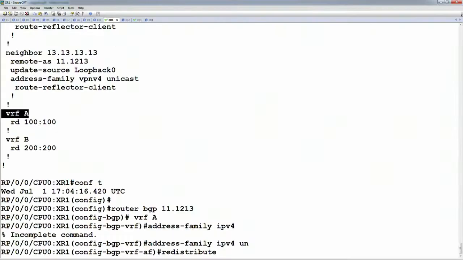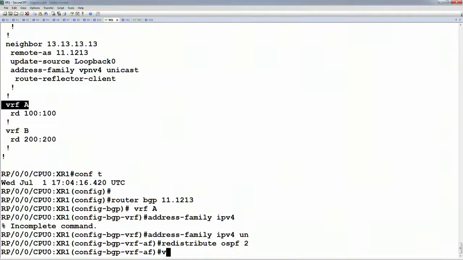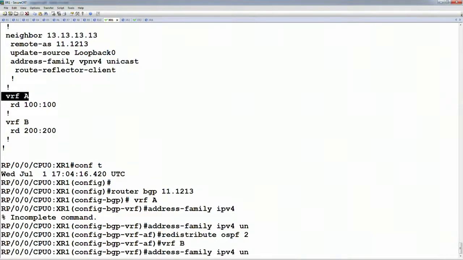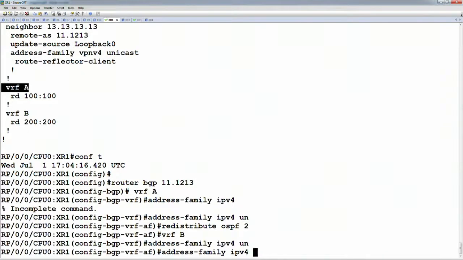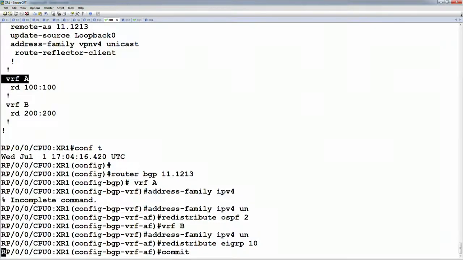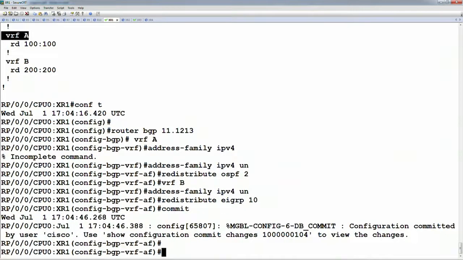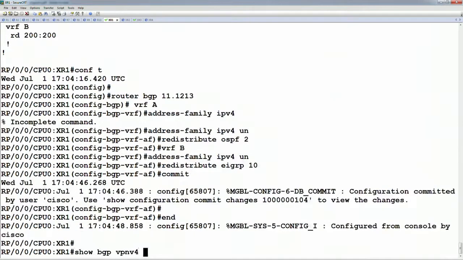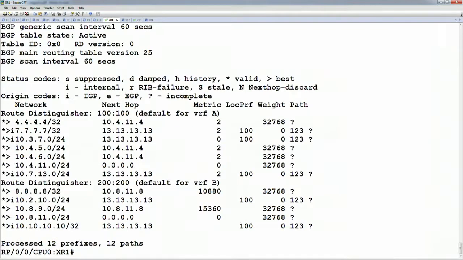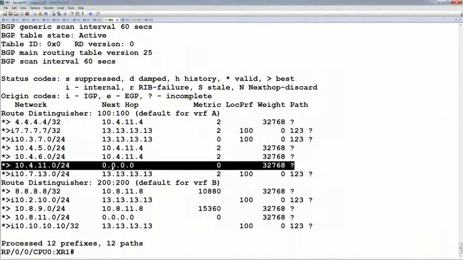Okay, so in this case, it's OSPF 2. Under VRF-B, we redistribute EIGRP 10. Okay, if we then look at the show BGP VPNv4 unicast, we should see that we are originating locally